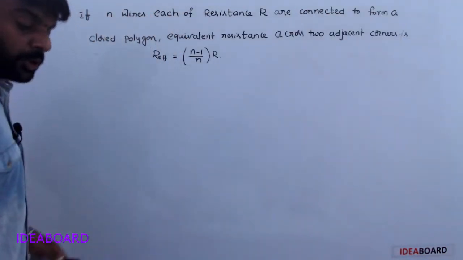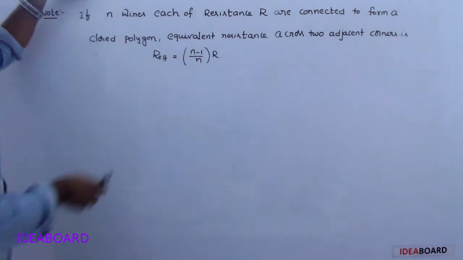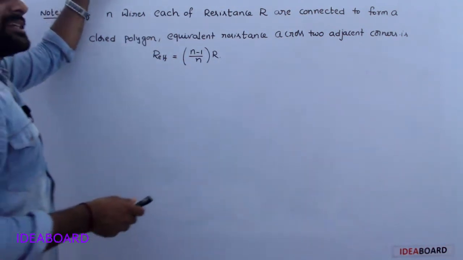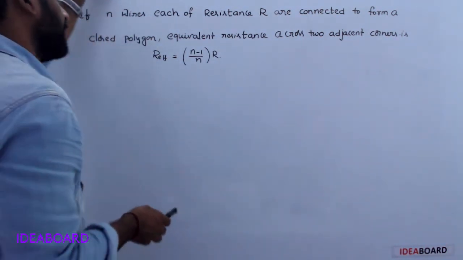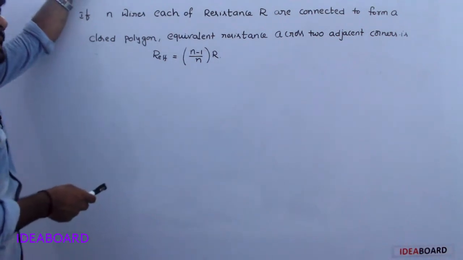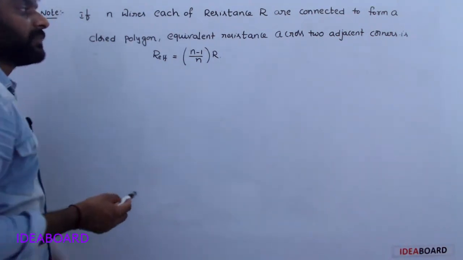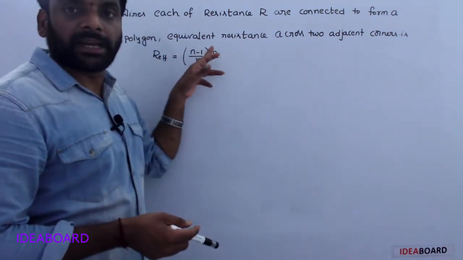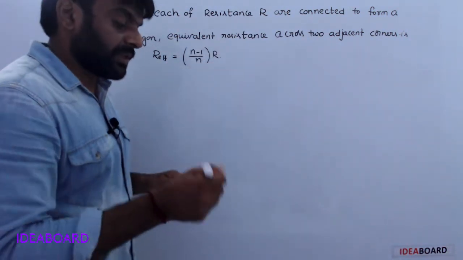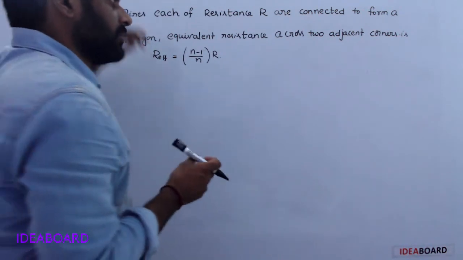See, next one, note point. If n wires, each of resistance R, are connected to form a closed polygon, the equivalent resistance across two adjacent corners is (n minus 1) by n into R. For example, you consider